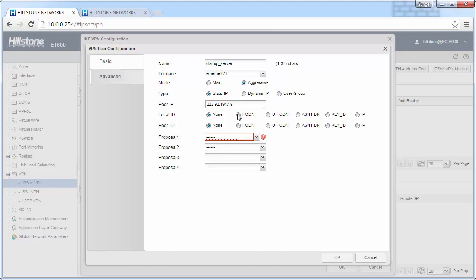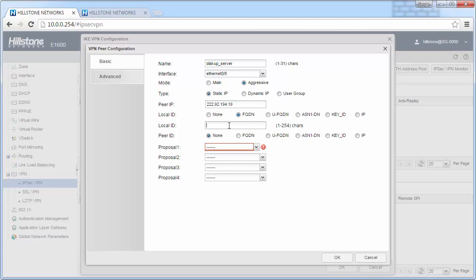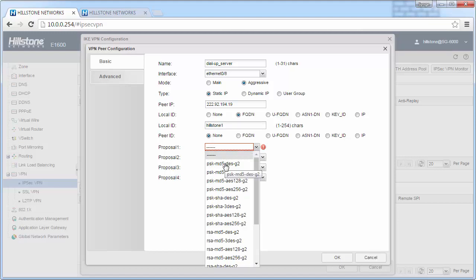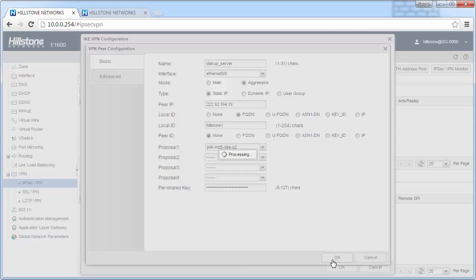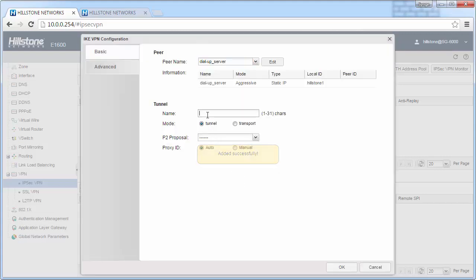The local ID should be FQDN, and for user 1 it is Hillstone 1, and the peer ID is none. For the proposal, check the same as what we used in the center device. And then the pre-shared key is the string we have received from the center. Then click OK. For the phase 2 configuration,